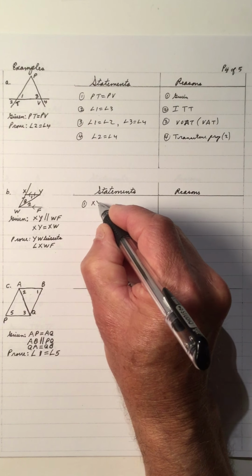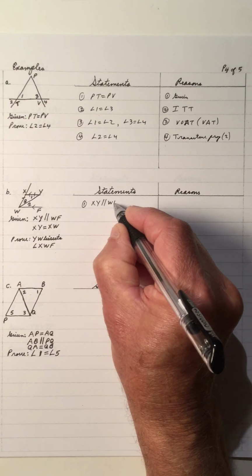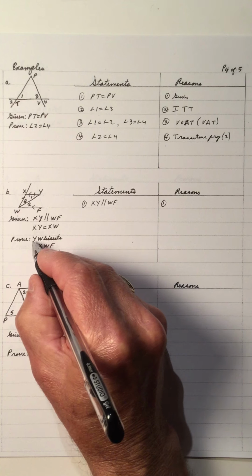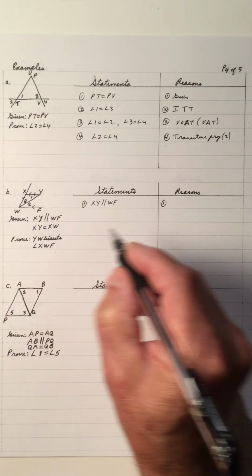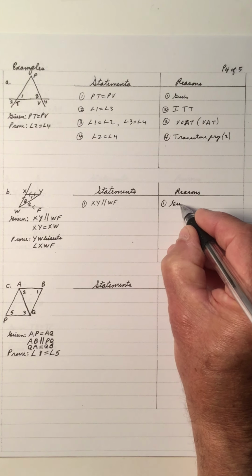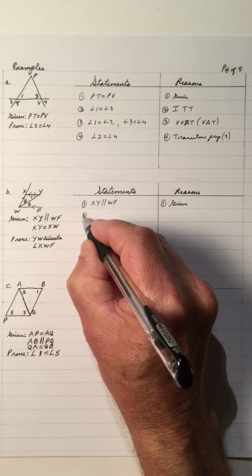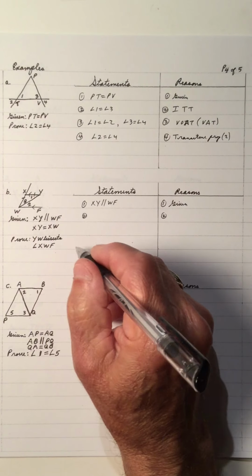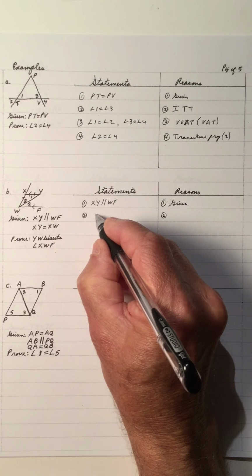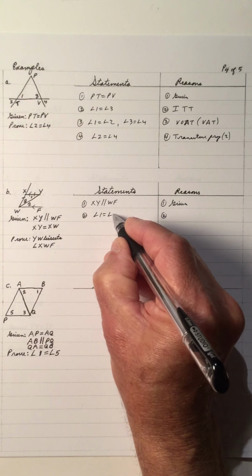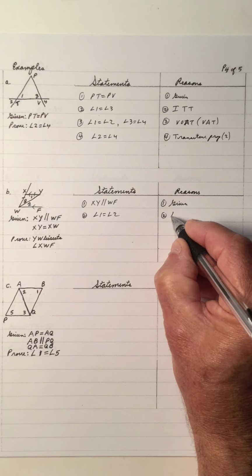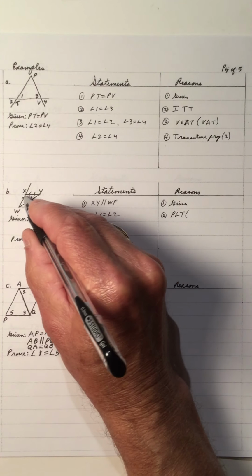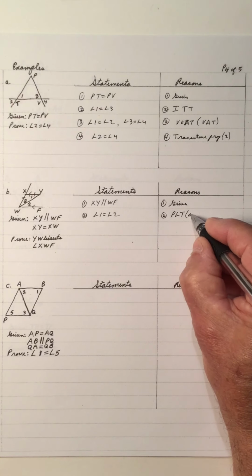So here we go. XY parallel to WF. Again, it's nice to look at your givens. It's nice to look at what you're going to prove. Put the proof together and everything should come out. So just don't start it. That's what I do. I try to put it together first and then write it down after. So I have angle 1 is equal to angle 2. And that's PLT, parallel line theorem. And they're alternate interior angles, forms a Z. So that's alternate